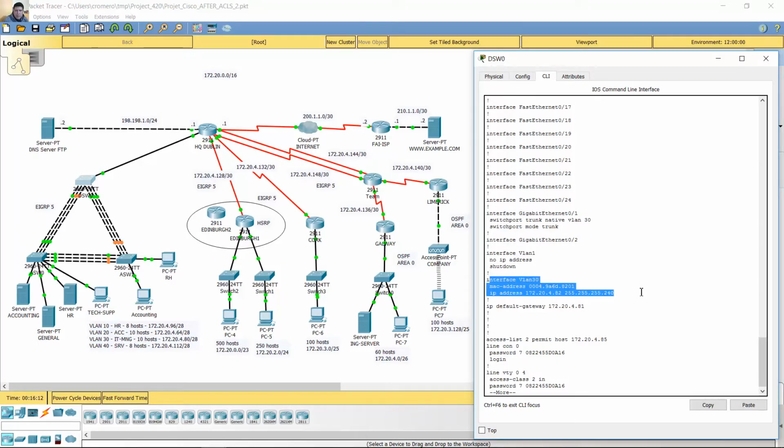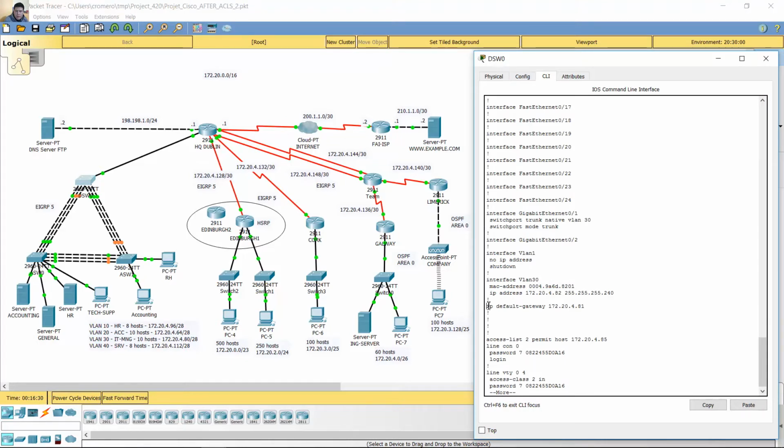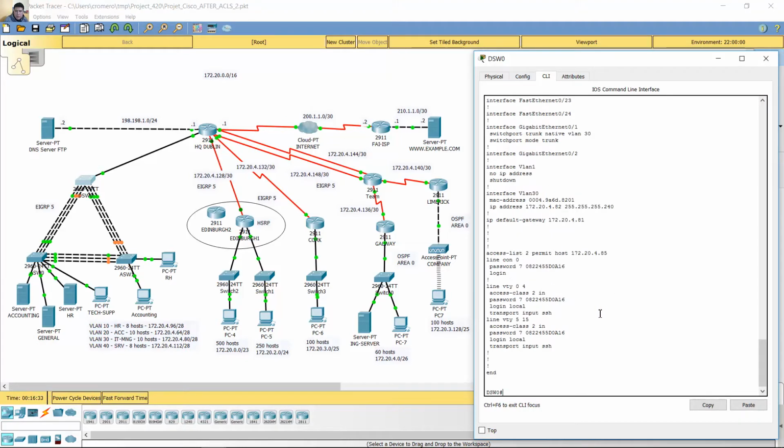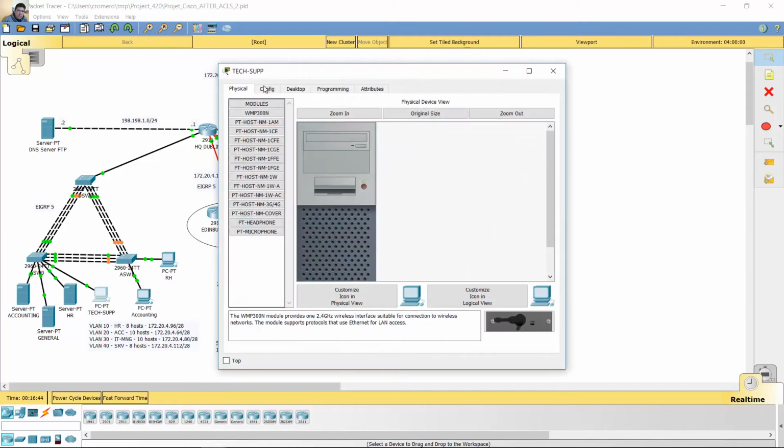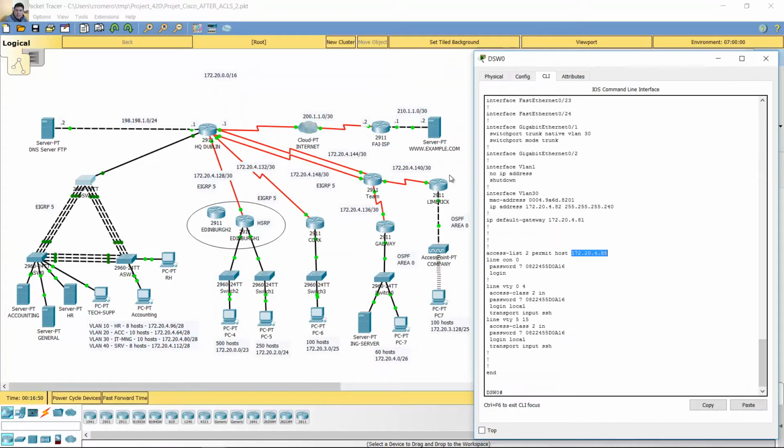The IP address of this switch, this IP on the VLAN 30 and on this network, okay, default gateway and an access list to permit only this host, the touch support host, with this IP address 85. Okay, the access list permits only the touch support PC